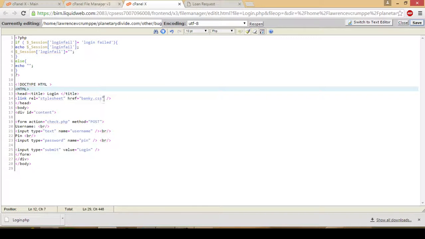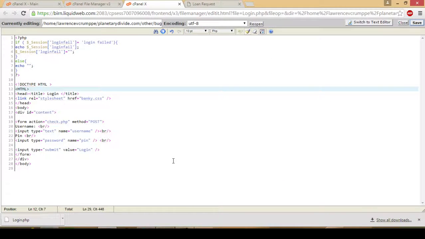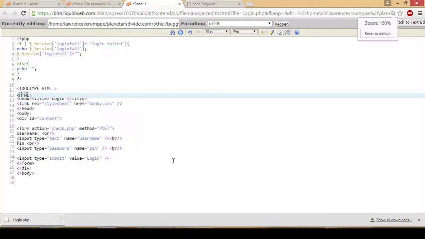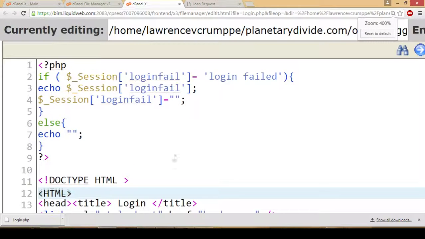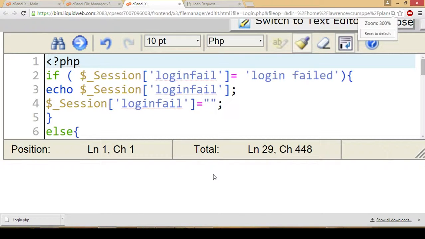Up here is where the login is made, so make sure you can see it. You're going to need to zoom in a little more. Okay. Oh, not that much, not that much. Alright, so,